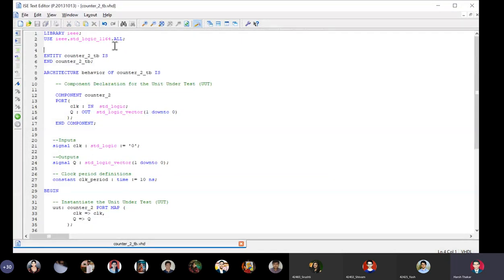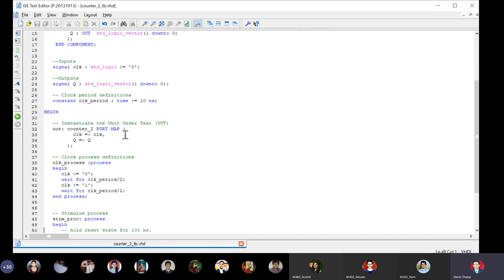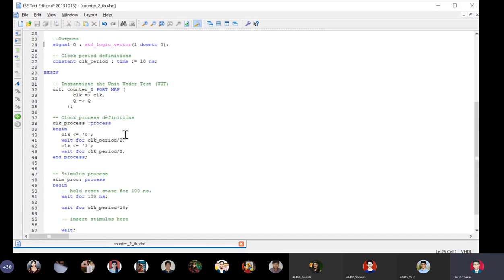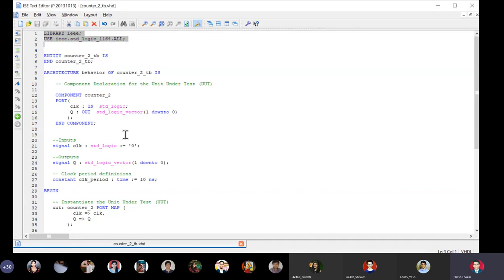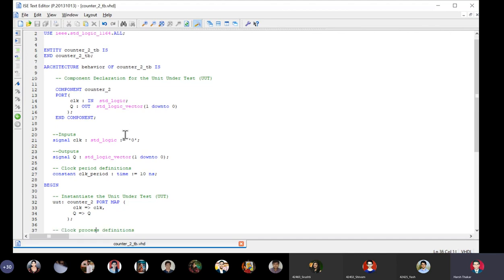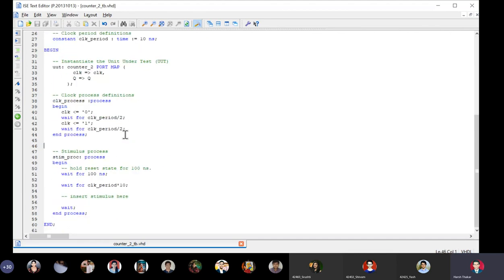This is the first VHDL model where we are not going to delete the clock constant and the clock generation waveform. Okay, so simple. Library statements, blank entity, architecture body, component creation, initializing clock to 0, output is not initialized. There is a clock period of 10 nanoseconds. And here we go, and there's a clock generation process, and we don't need anything else.